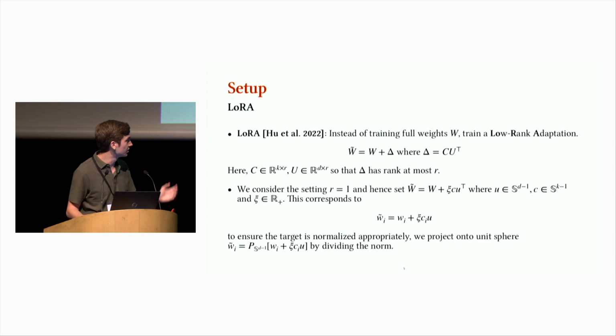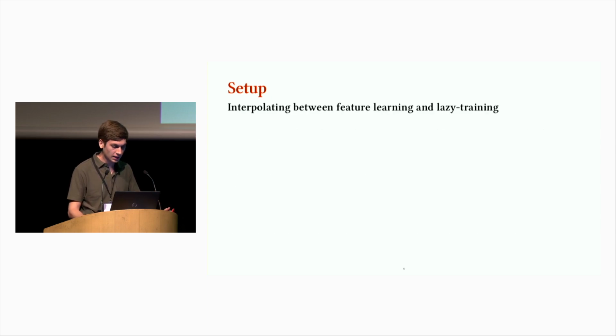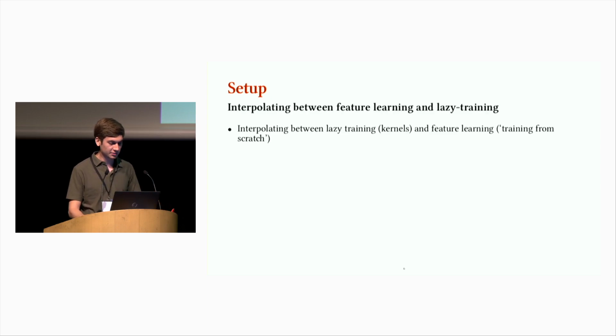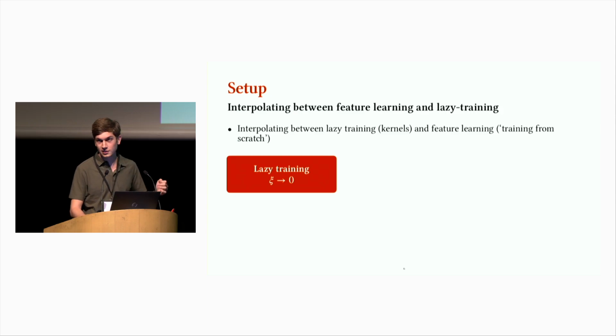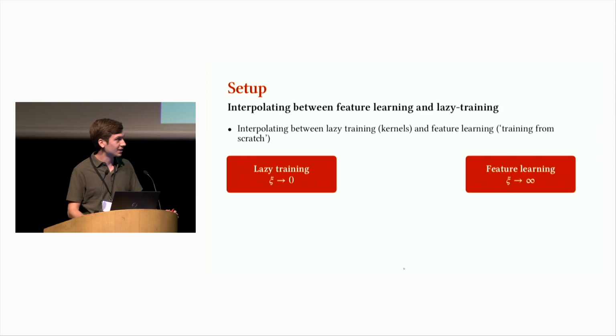And we also re-normalize it so it's still like a two-layer network with normalized weights. The idea is that we have the scaling parameter. If the scale parameter is small, then you're very close to the base model, so you're in the lazy training regime where linearized networks do well. But if the scale parameter is very large, then the base model isn't very helpful, and you're learning this rank 1 function from scratch. So this is sort of like the generalized linear model setting.